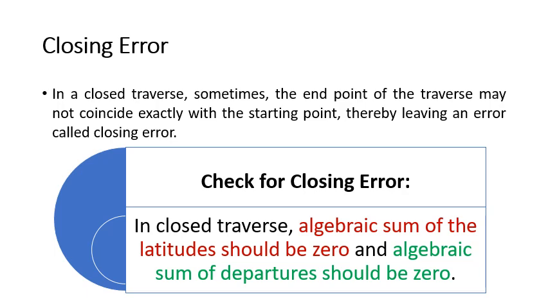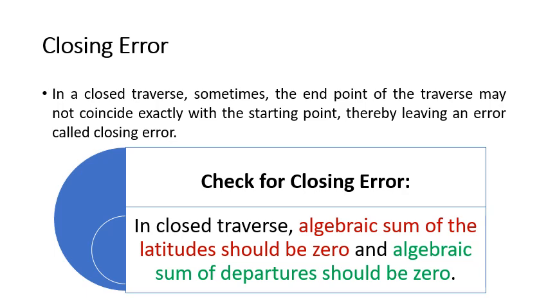That is, you start at one position, move to some other station, then another station, like that. And finally, you have to close at the starting station. If it is exactly closing, if your surveying is accurate, then you calculate the latitudes of each and every line segment and add them up algebraically. Similarly, you find the sum of all the departures. These two components, total latitude and total departure of all the lines in the traverse, should sum up to 0. Then that means there is no closing error.